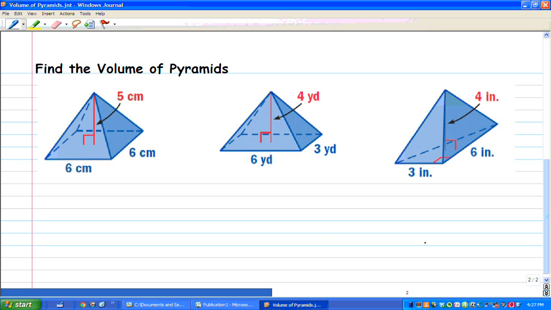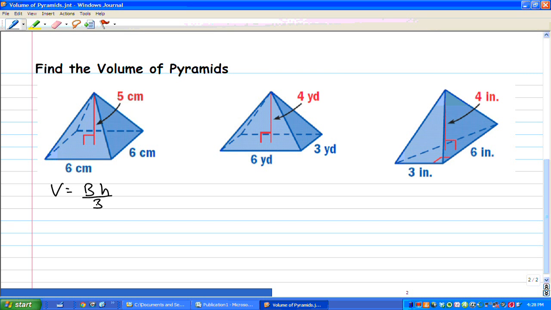Okay, here I have 3 pyramids. Again, what I want to do for the volume is I want to take the base area times the height and then divide by 3. You got to remember what the base of the pyramid is, though. That's the bottom. I know it's different from the prism. You just got to make sure that you understand what the base is of the pyramid, because then the problems